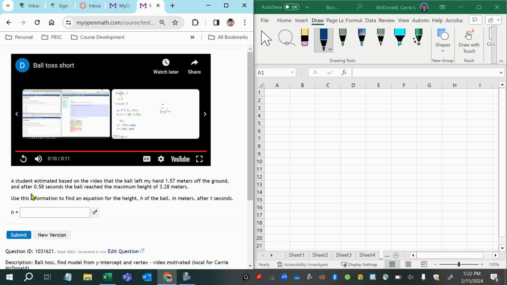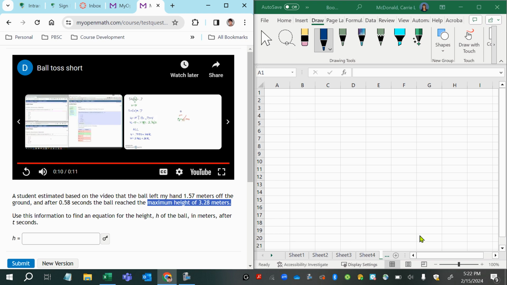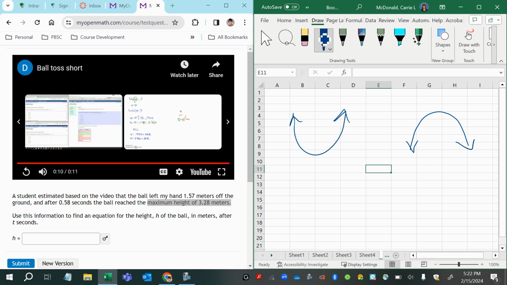So a couple things to note here. When they talk about the maximum height, that immediately made me start thinking about a quadratic function, because quadratic functions either look like a happy smiley face or a sad smiley face, depending on the lead coefficient's sign. So a positive lead coefficient would be a happy parabola, and a negative lead coefficient on the x squared term would be a sad parabola. So right when I read maximum height, I started thinking about a sad parabola, the vertex,